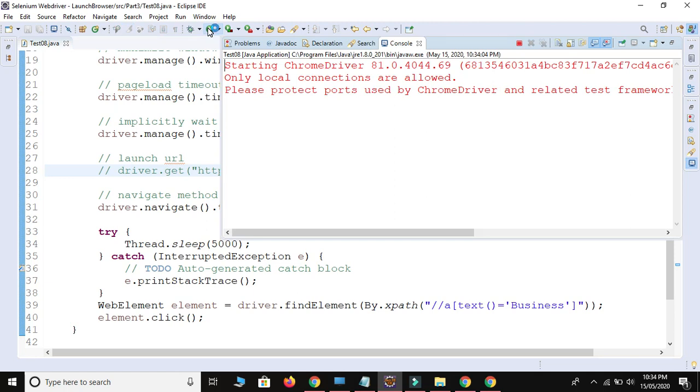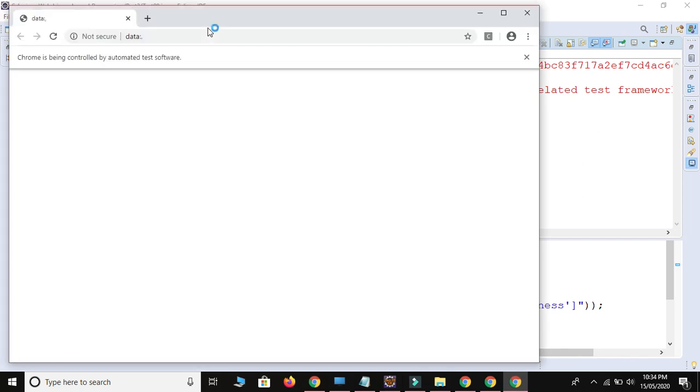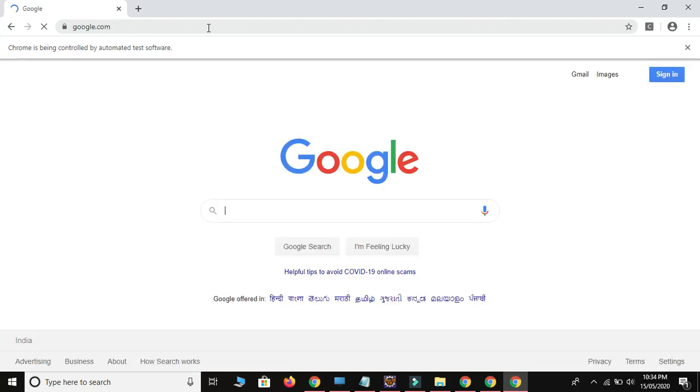The second difference is if we need to perform some backward, forward, refresh activity on the web page, so it is possible using only navigate method, because driver.get method will not be able to perform forward, backward and refresh activity. So this is the main two difference between get and navigate method.